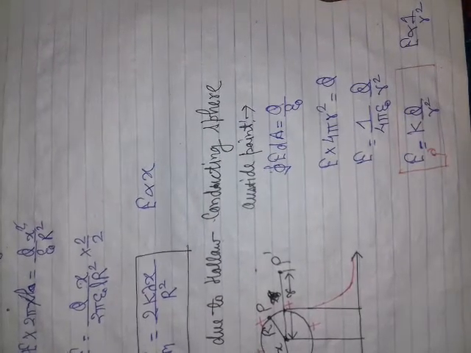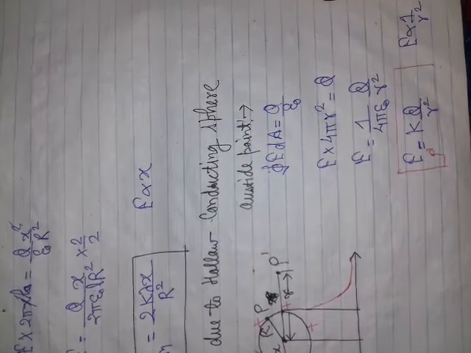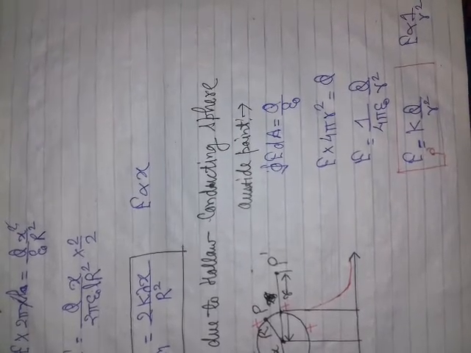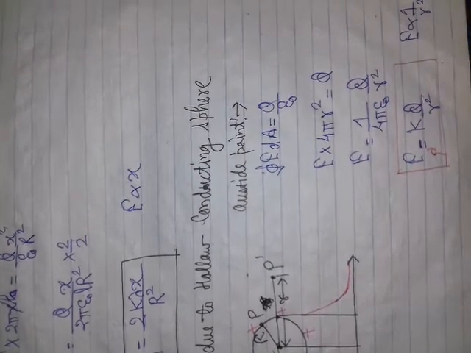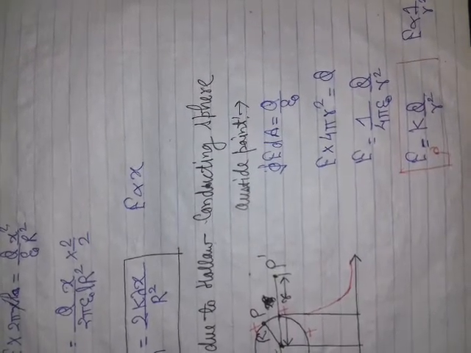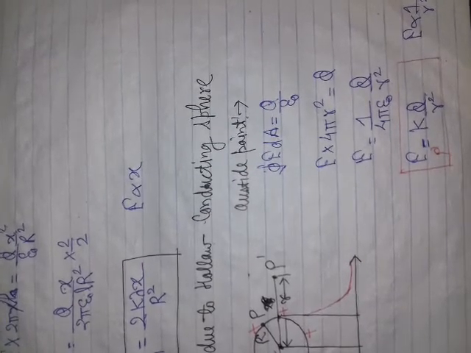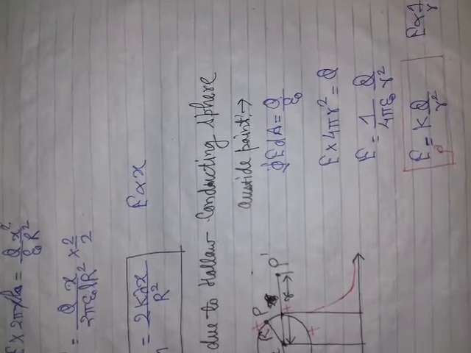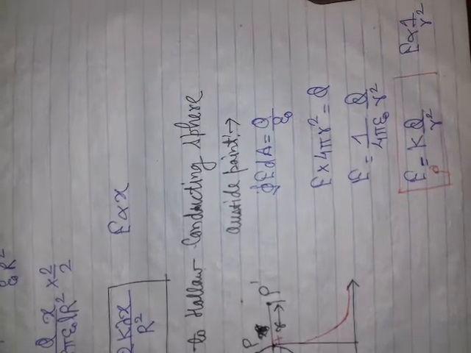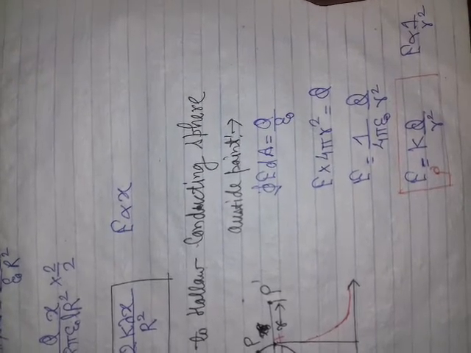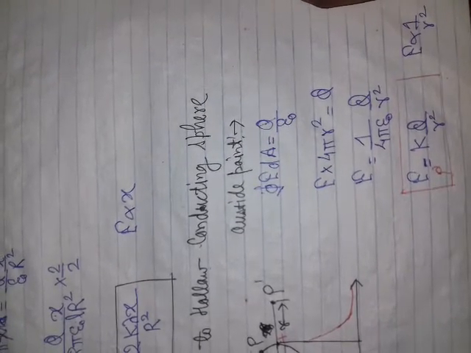that is, the surface integral of the area vector into the electric field equals the charge times 1 upon epsilon naught. Putting in this value, the surface area is 4 pi r square, where small r is the distance from the center to the outside point. By solving this equation, the value is k capital Q upon small r square. That means on moving outwards, the electric field value decreases by 1 by r square times.